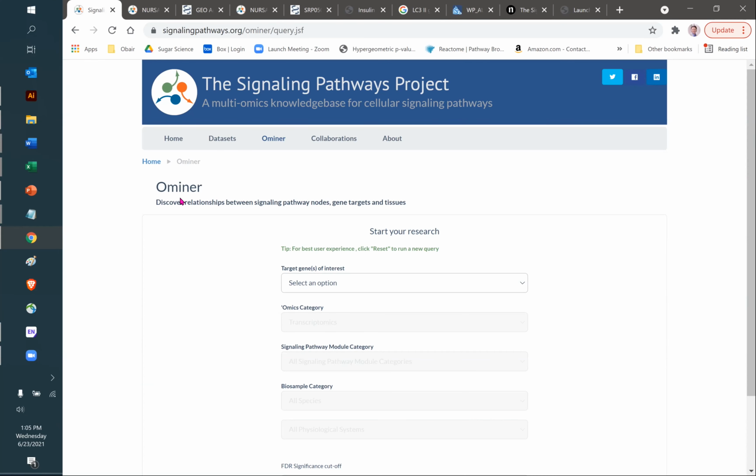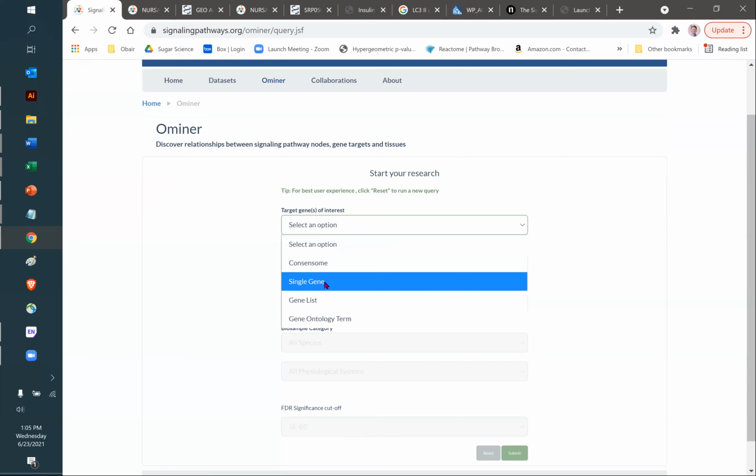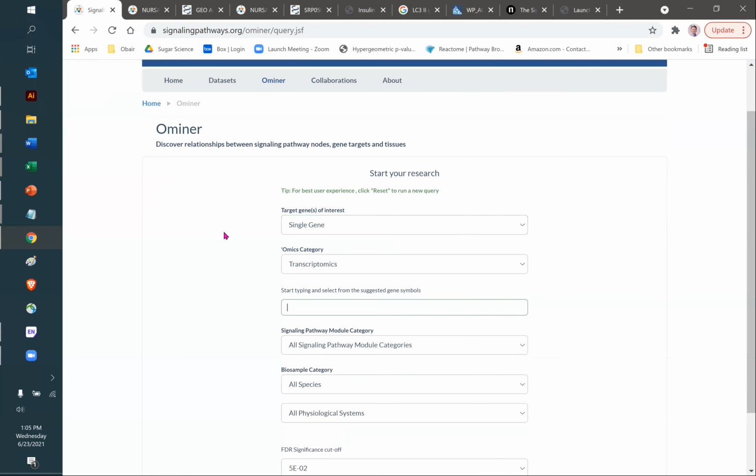So again, not looking at one specific data set, but looking over all of the underlying data sets. You have a few options here. Say you have a particular single gene of interest, and you're interested in identifying signaling nodes that regulate the expression of your particular